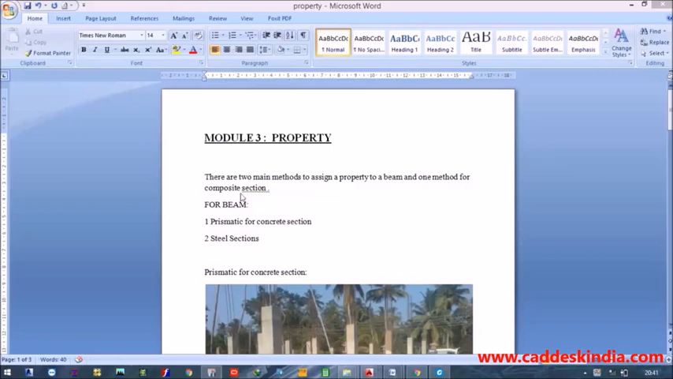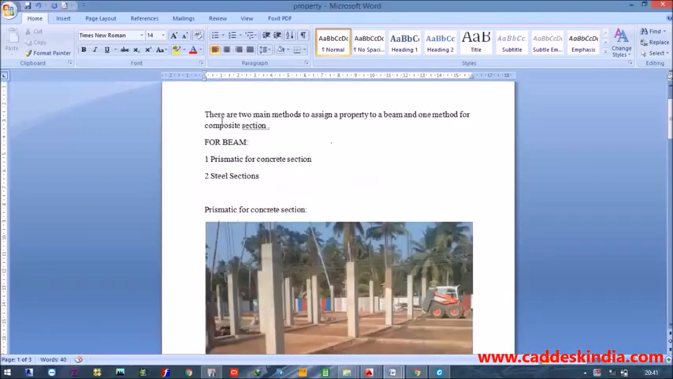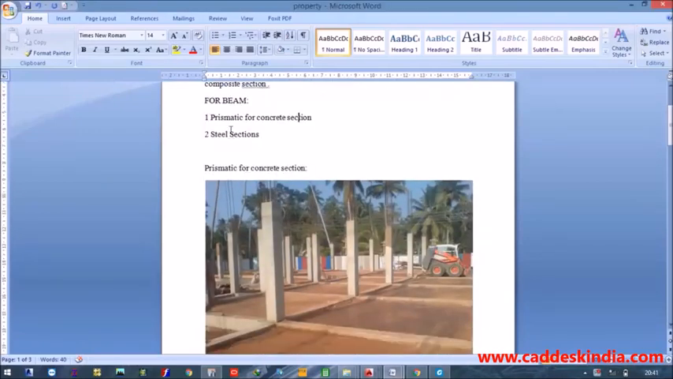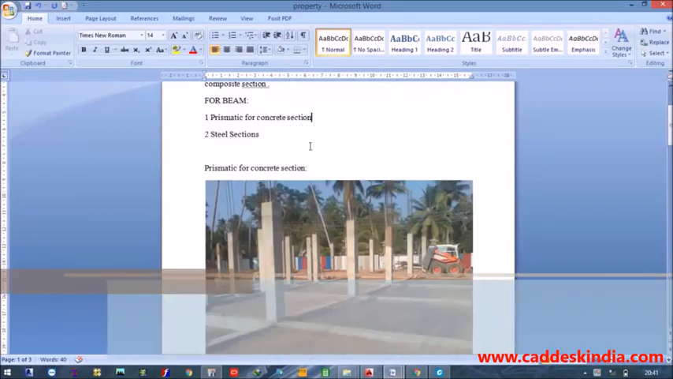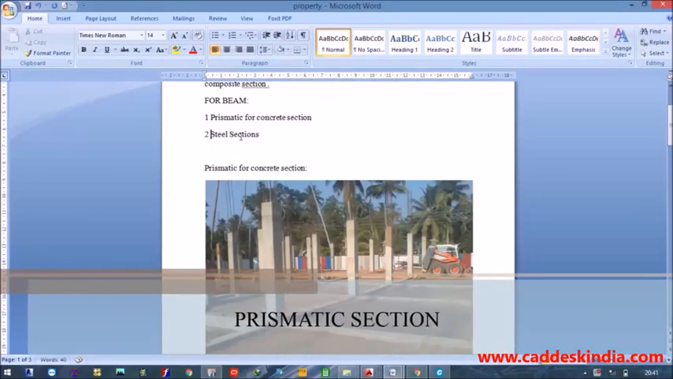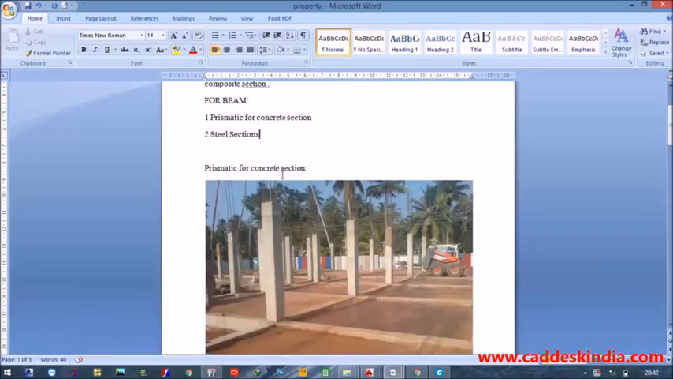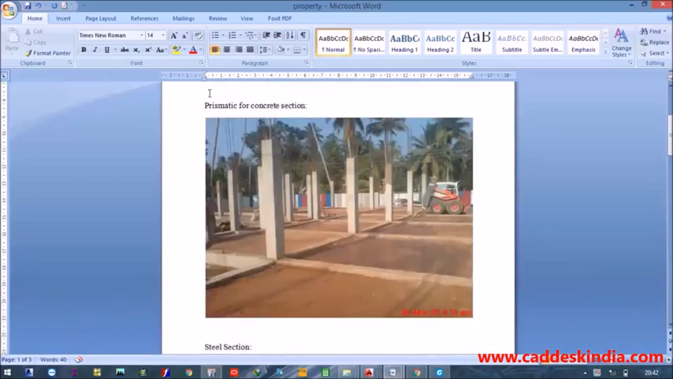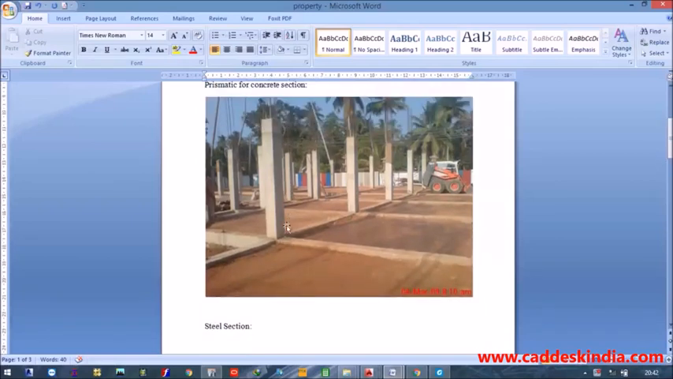and one method for composite sections. So for beams, the first is prismatic for concrete section and the second one is the steel sections. Here you can see this is my prismatic for concrete section, and this is my columns, and 450 is my depth, 230 is my width, and the